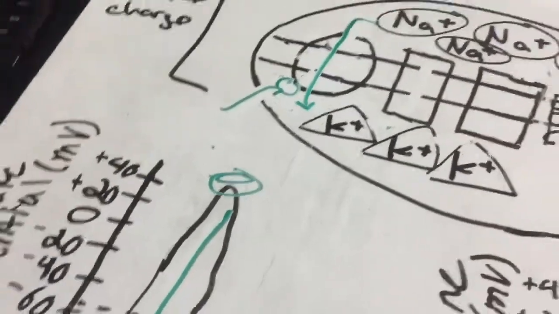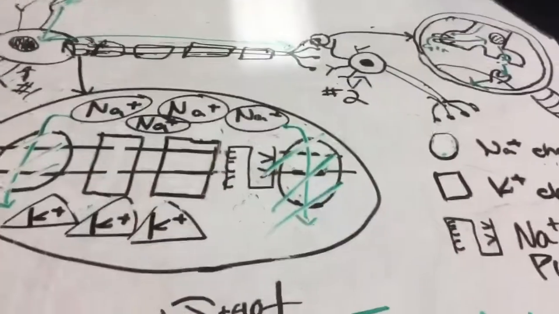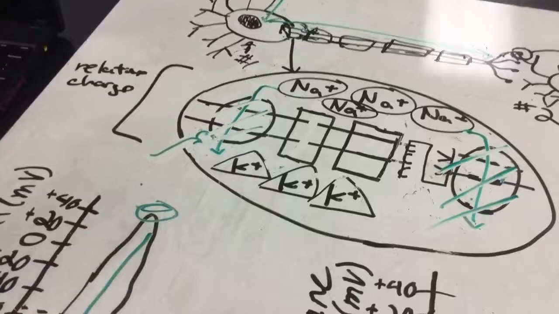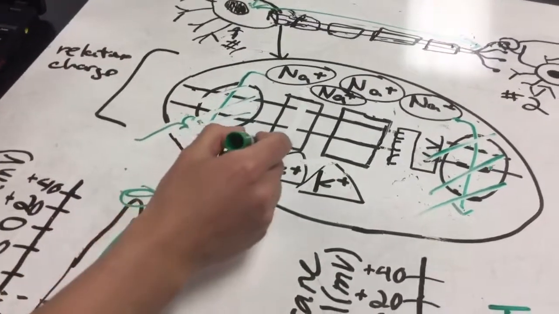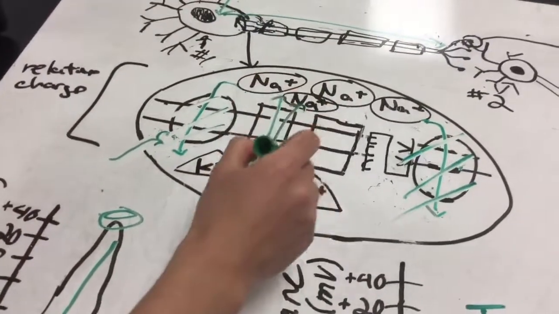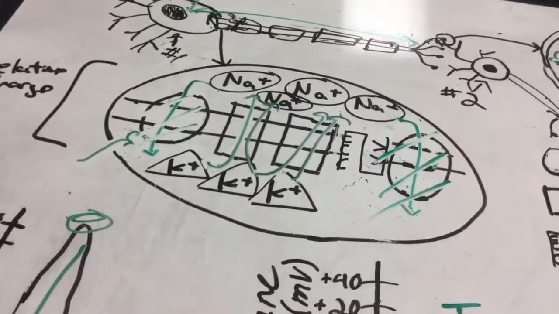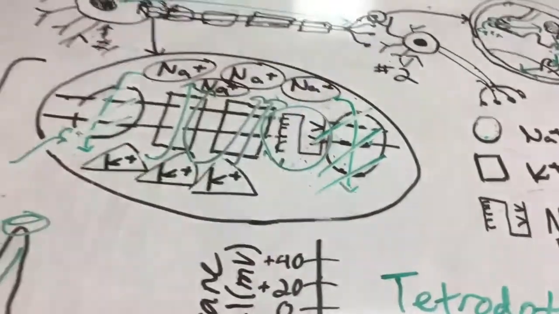And once it reaches its action potential, that causes a closing of sodium channels and the opening of potassium channels. The opening of potassium channels causes hyperpolarization, which is caused by the potassium ions getting out. And once the membrane potential is negative enough due to the potassium ions flowing out, the sodium potassium pump with